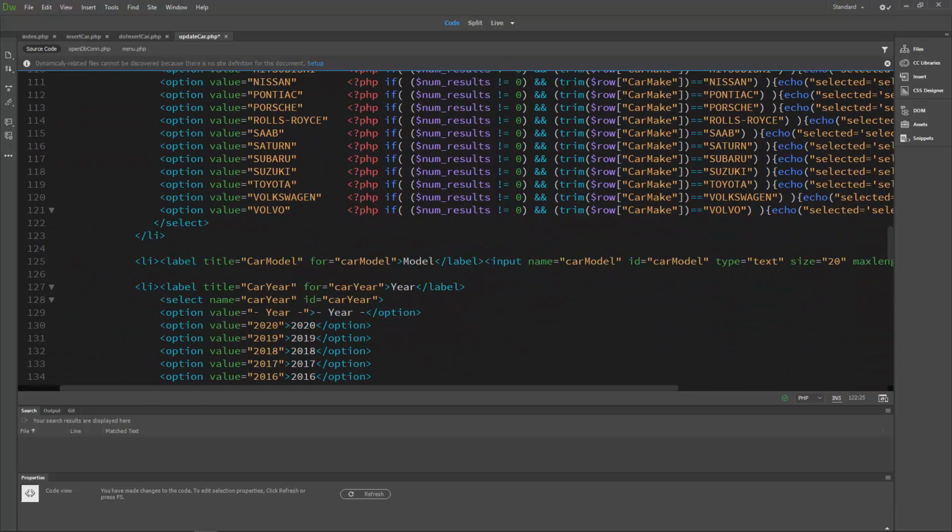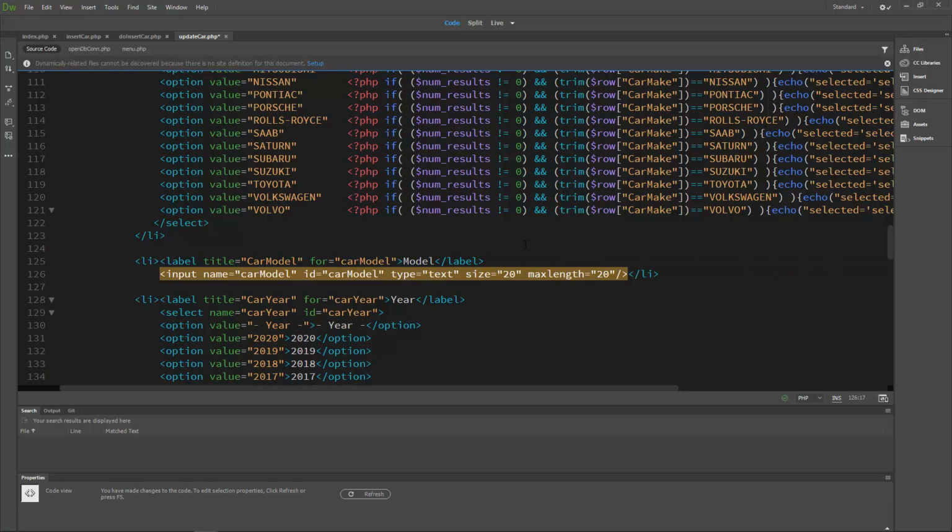So now our car model is going to be similar to car ID. So we've got our label for car model there. Similar in that it's just a value equals. There's no disabled one. So we'll do value equals, and we need our PHP, open and close PHP in there. And again, it's just the same if statement, if followed by the body,